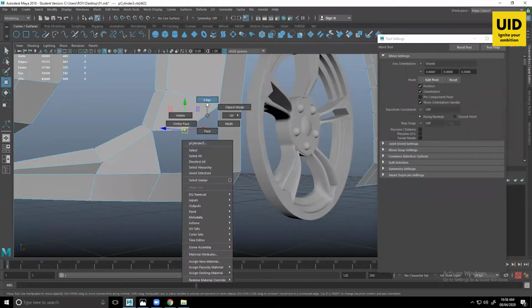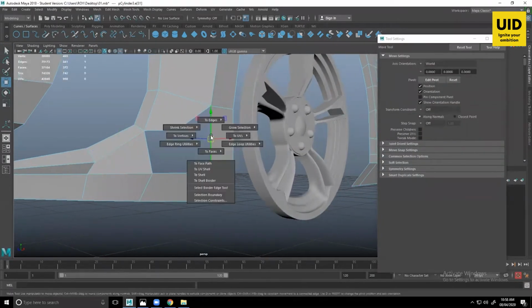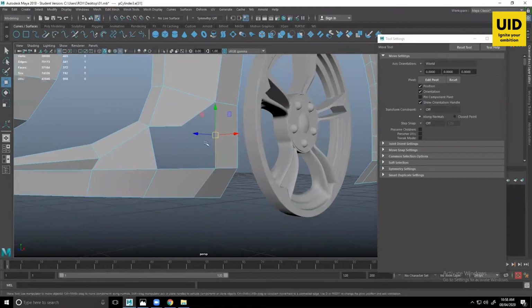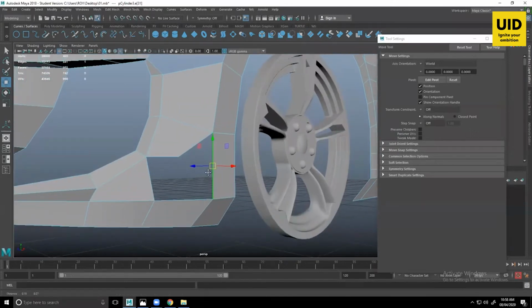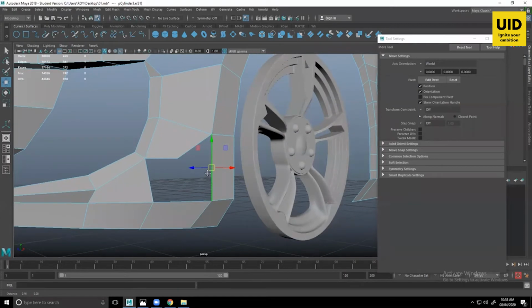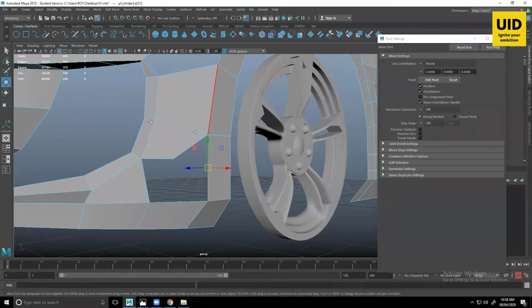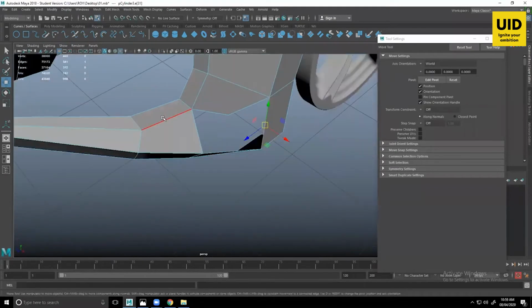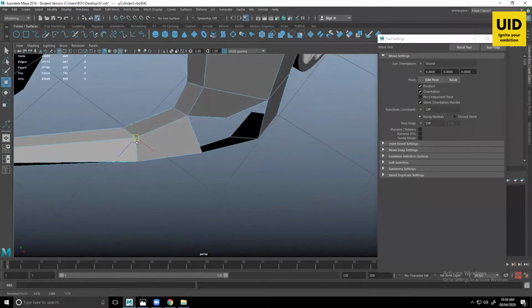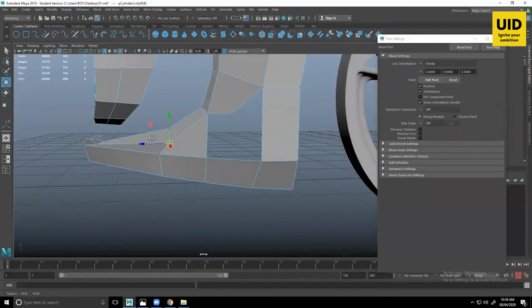Okay, let's see. We have a 5-sided polygon over here, so that might be an issue. So we need to find a solution.